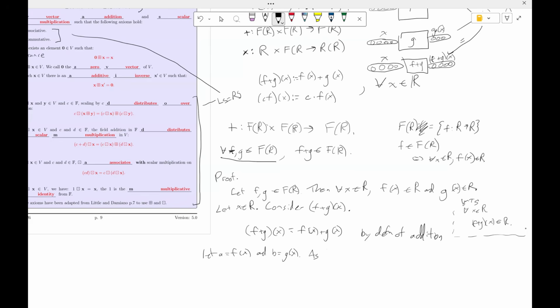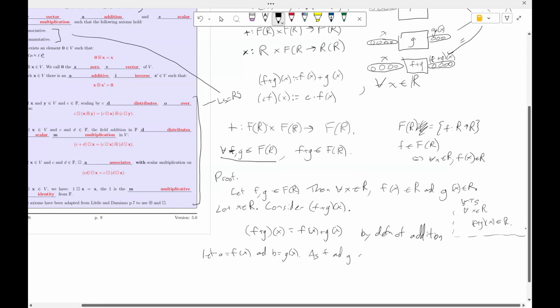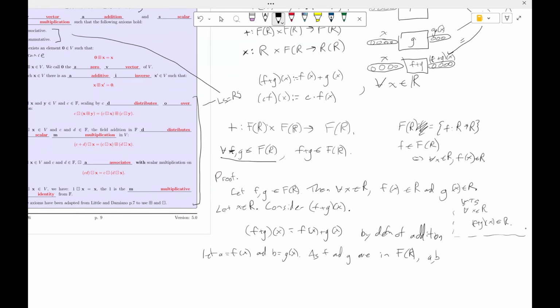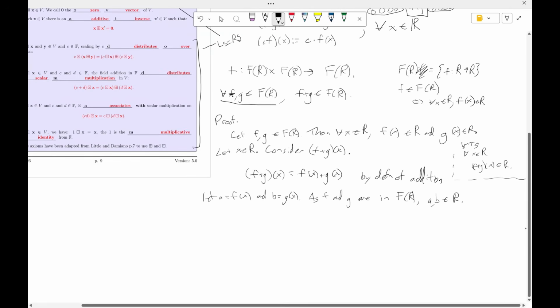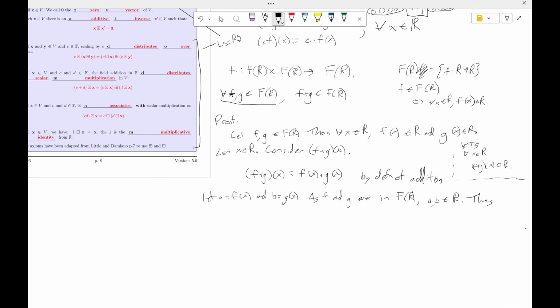As f and g are in the set of real valued functions, a and b are in R. Thus, (f plus g) of x, which equals a plus b, is in R as